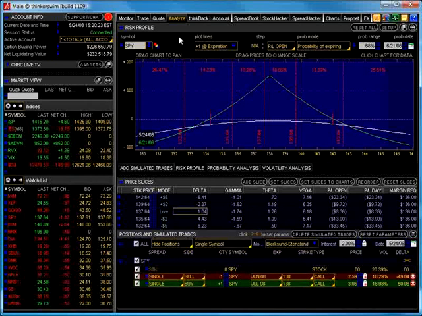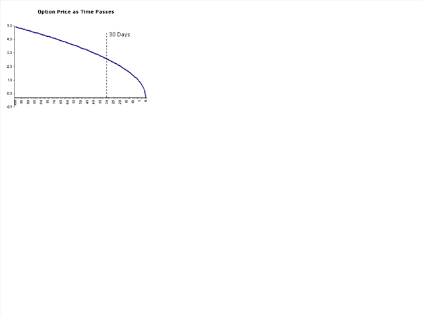Let's go back here for just a second. This is exactly what happens to an option as time passes. You can see on this scale is the price of the option, and at the